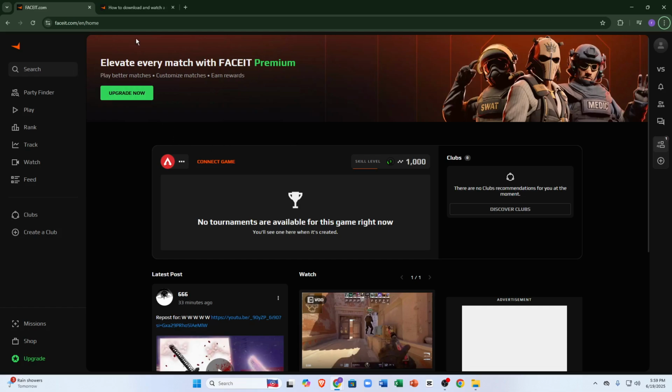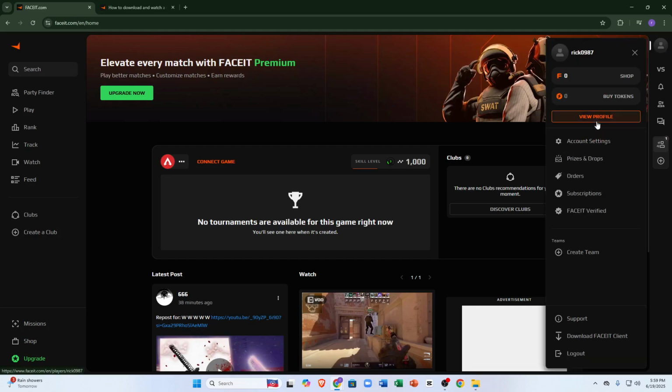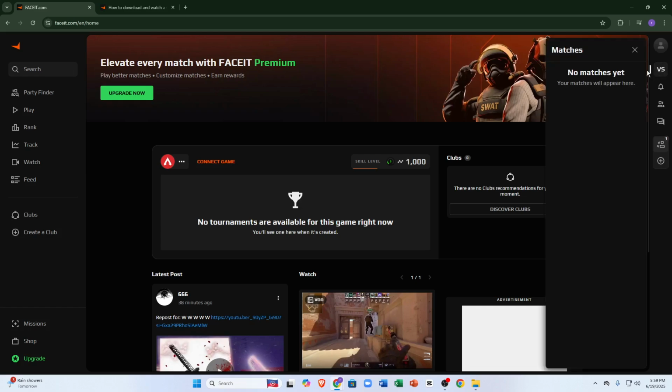First of all, you need to open a web browser and search for faceit.com and log into your account. After logging in, you'll come to the official dashboard of Faceit, and you just have to simply click on your profile, and under that you can see the VS option. You just have to click on VS, and